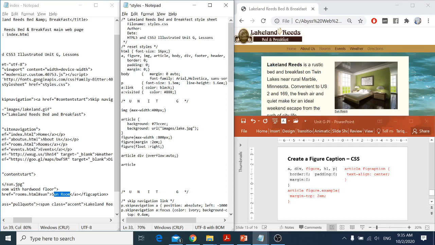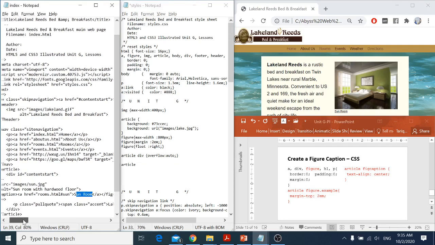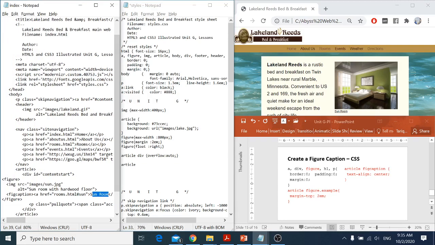So article has a figure, and then figure has a class, so I can give it a class, for example, ex. So figure has a class that is .ex, and in this one I'm going to say margin